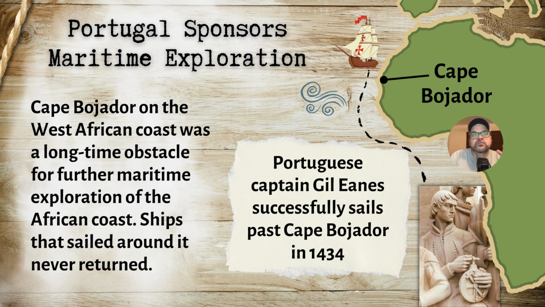But in 1434, Eanes is given another ship for another attempt at going around this cape. And this was a successful trip that opened the door for Portuguese exploration of African coasts. So, again, once you think about it, looking at a map of Africa, what alternate route does being able to round this cape and figure out the coast of Africa, what does this open up for Portugal once they're able to get past Cape Bojador, right?